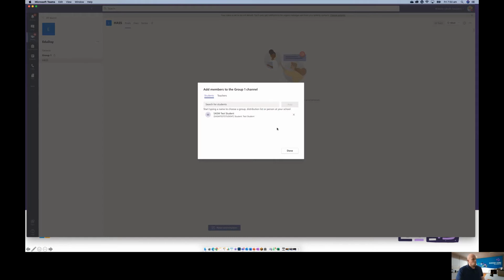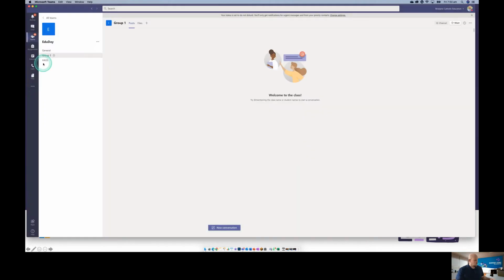And we can create these group work channels. Do keep in mind, if you are team teaching, that you will need to also add that additional teacher into that channel. When that one's created, if we have a look over here, it says group 1. It will have a little padlock there to notify you that it is a private channel.